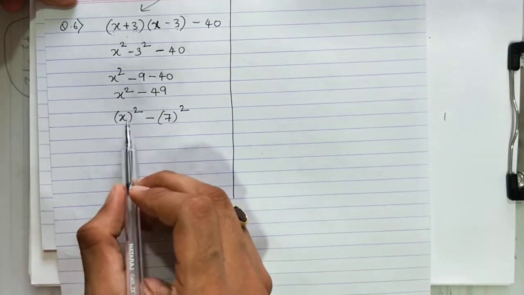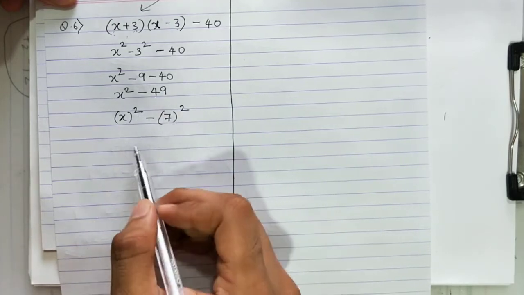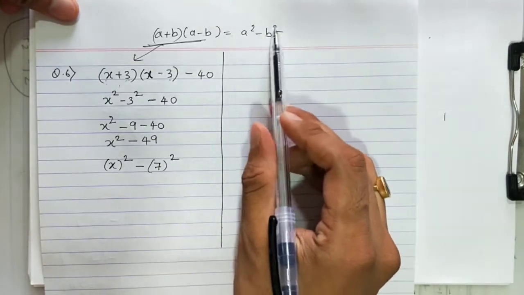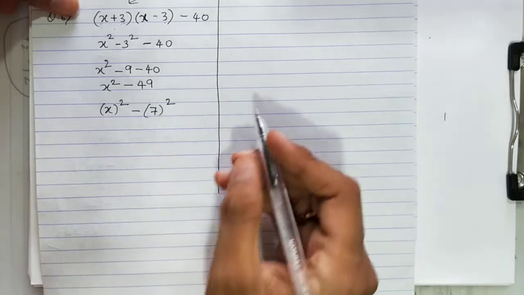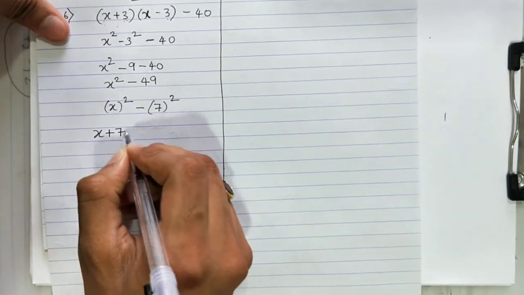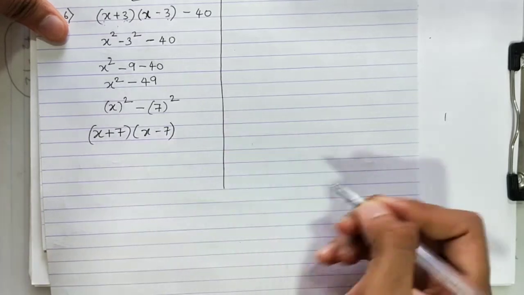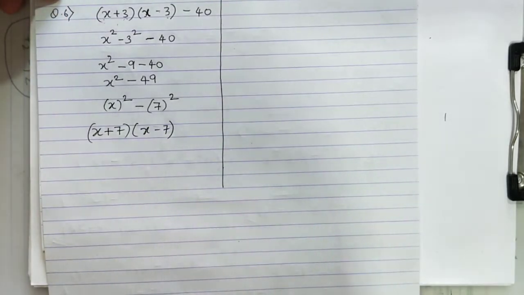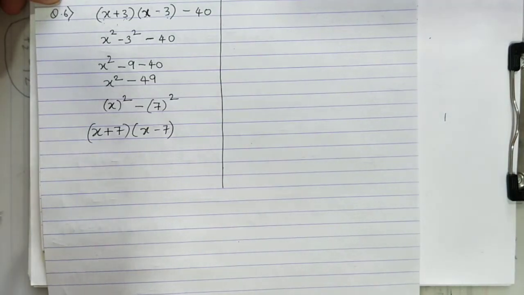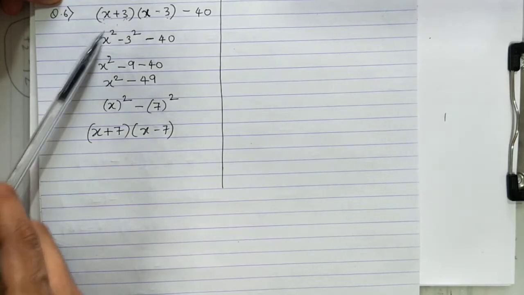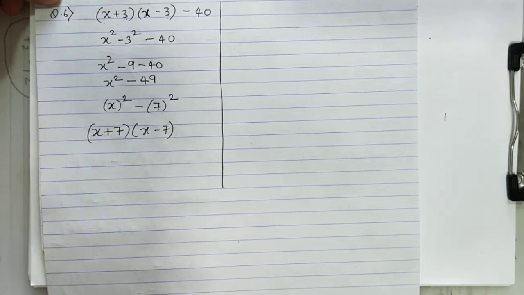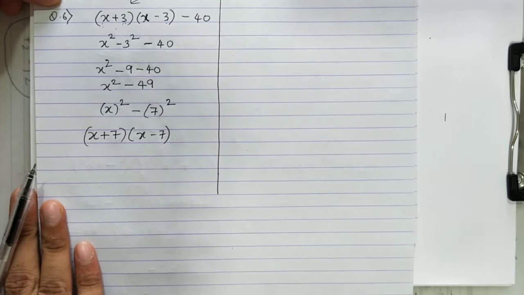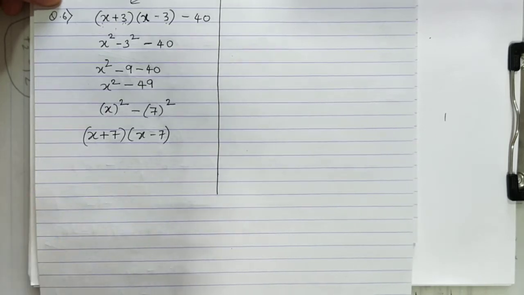Now again we have first bracket square minus second bracket square. That means we have a square minus b square. So a plus b, a minus b. So this will become x plus 7, x minus 7. Understood? These were the different types of sums where we had to use the formula 2 times. First time we used a square minus b square. Second time we split using a plus b, a minus b. This was a special type of sum. There is one more sum of the same type. The next sum. First copy this sum.